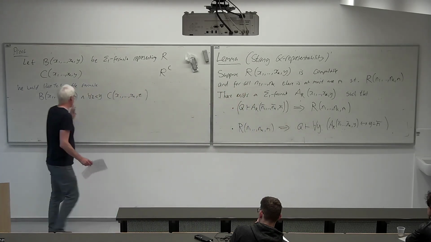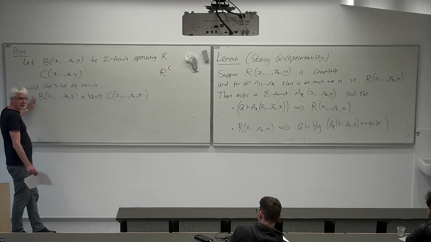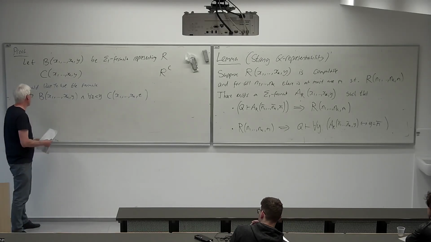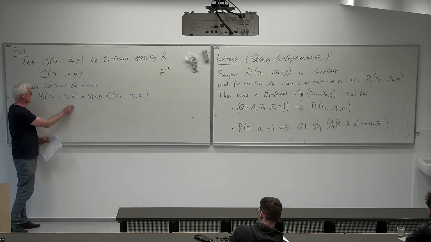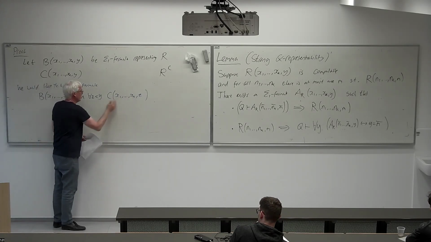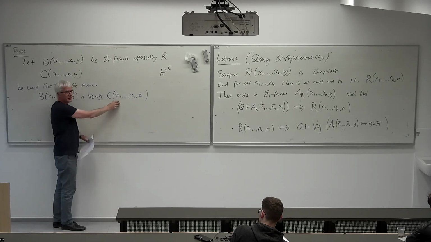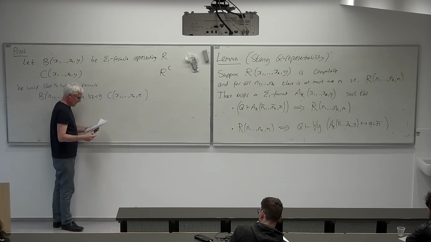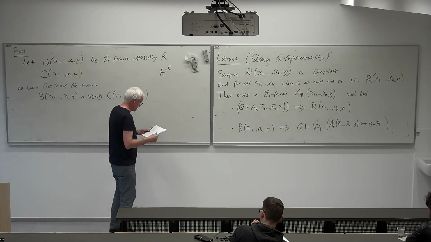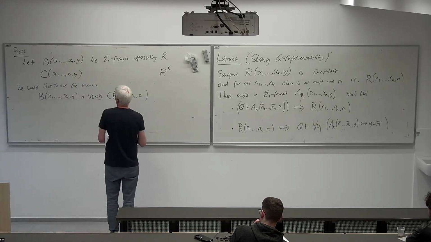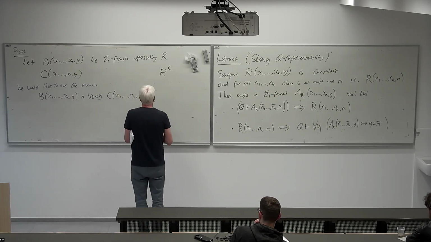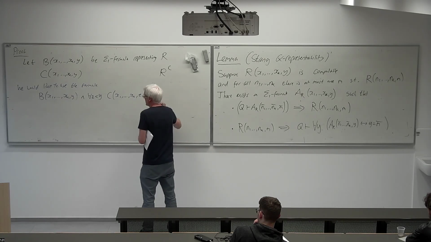But there's a reason that we can't actually use this formula. It's not sigma 1 because B is sigma 1. It's got existential quantifiers, and C is sigma 1. But we've wrapped the existential quantifiers here in a bounded universal quantifier. But we can convert it to a sigma 1 formula. So instead,